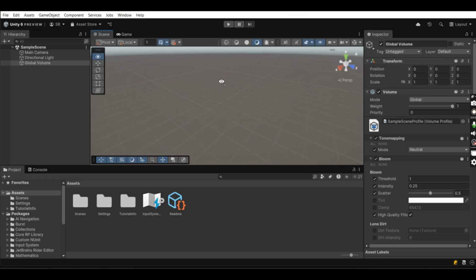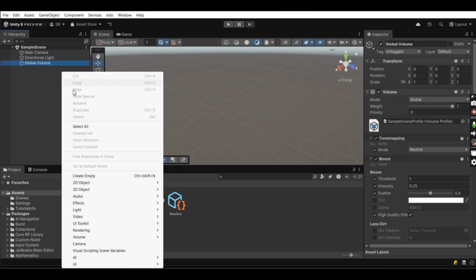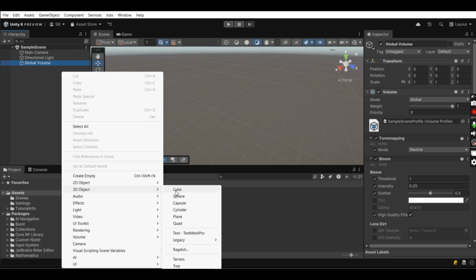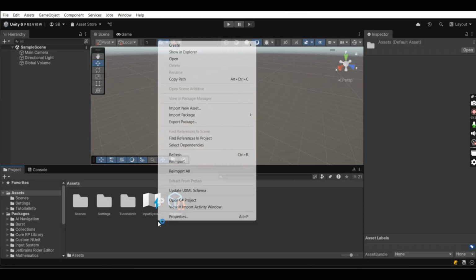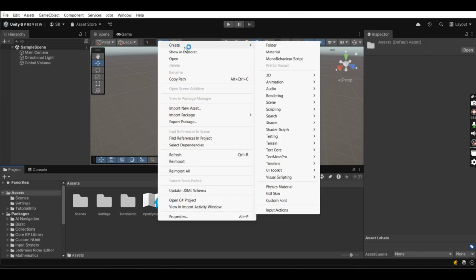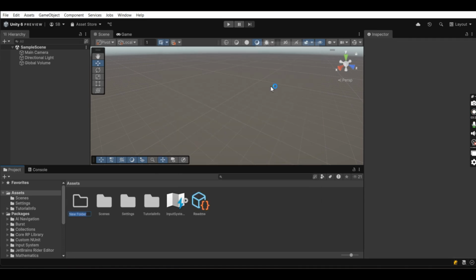This is where we will start our project. In this project we'll know how to create a script in Unity, how to start as a programmer in Unity. For that we need to create a 3D object cube. This is the project window where we will keep all the stuff in Unity. For beginners, if you are very new to Unity, I will provide you a folder